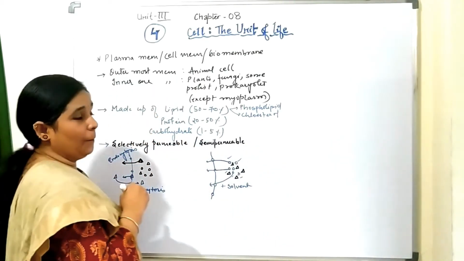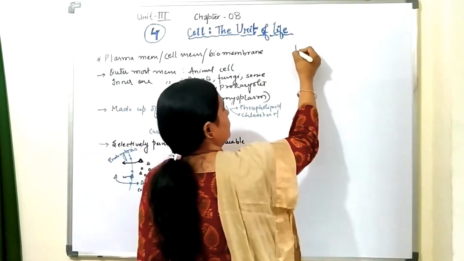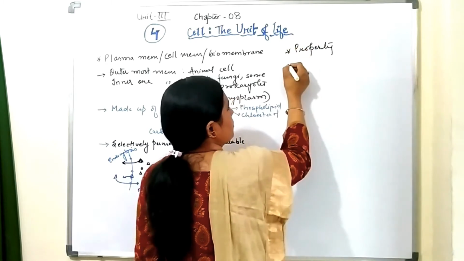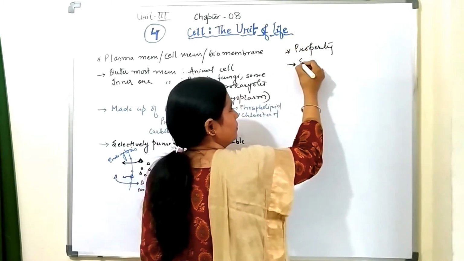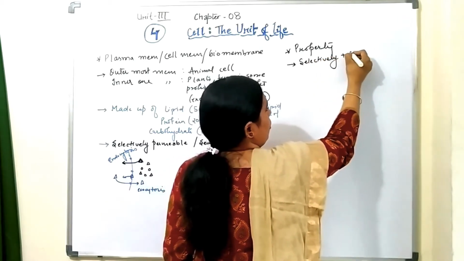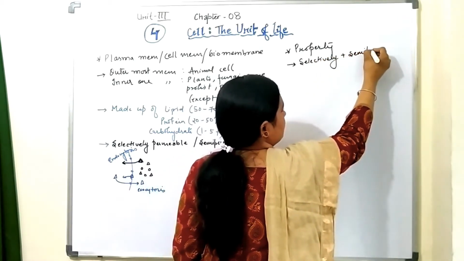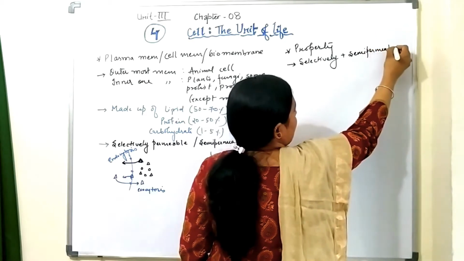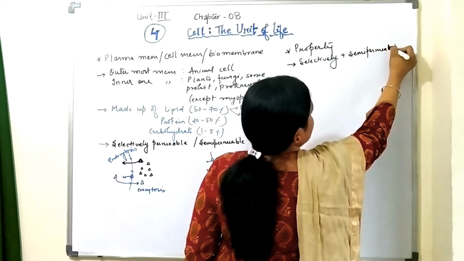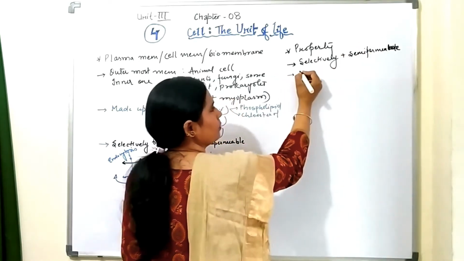Now, the important property of the plasma membrane is it is selectively permeable or semi-permeable. Second thing, the ratio